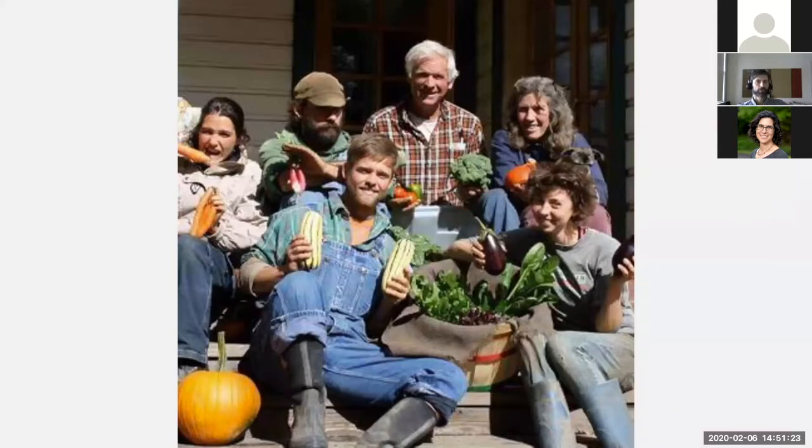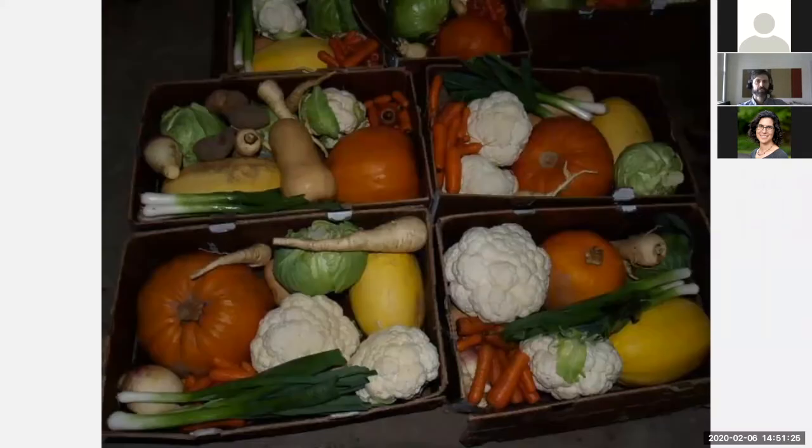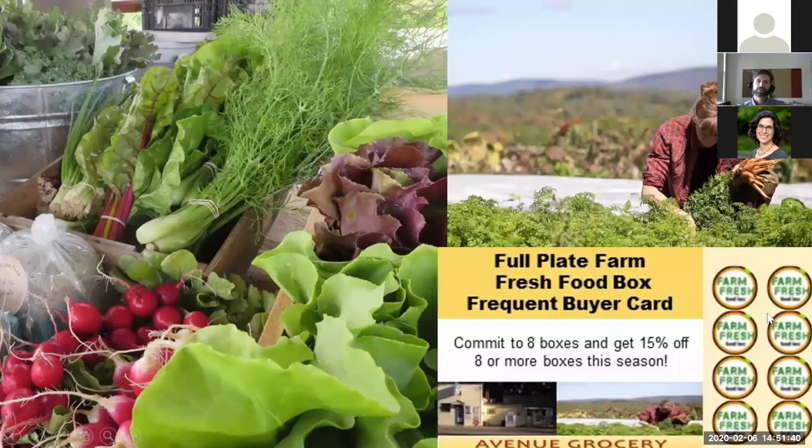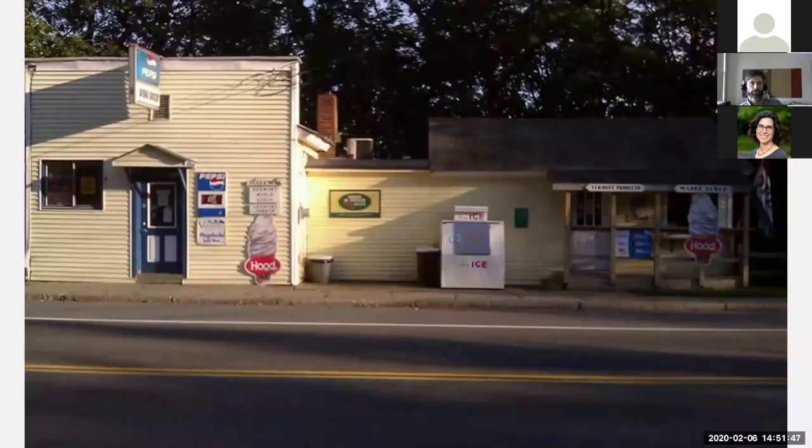Live Power in California. There's their box, and they actually sold to 3 retail stores. So they were sort of the Live Power powerhouse in terms of drops and deliveries. And I like the liquor store too. That's a good combination. Laura at Full Plate Farm in Vermont, and she and Matt sold at this little rinky-dink